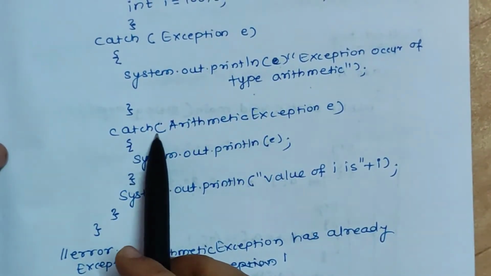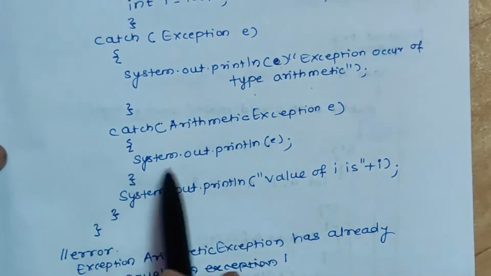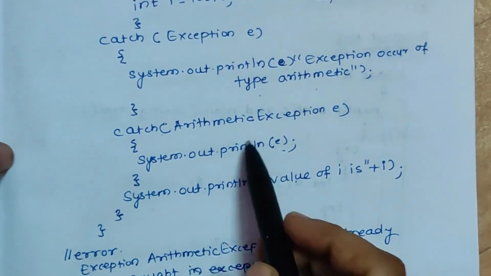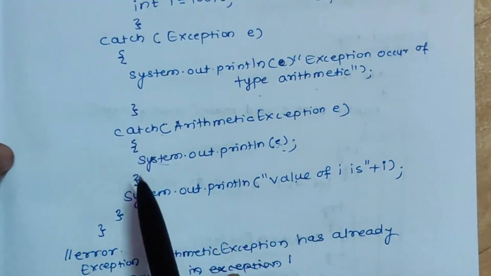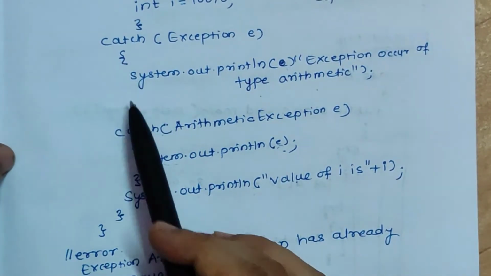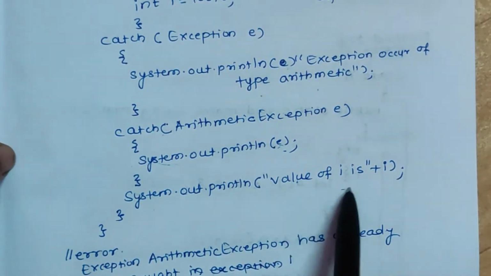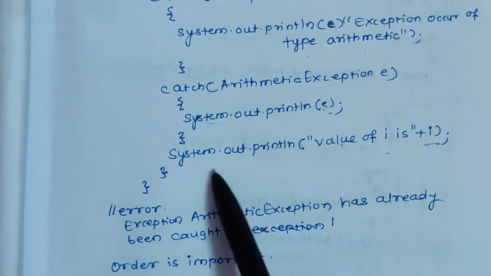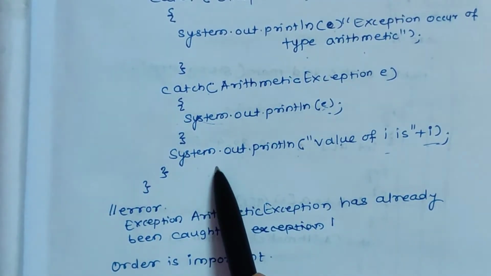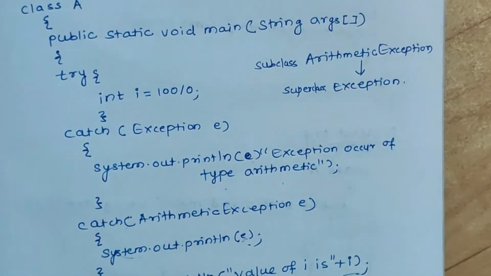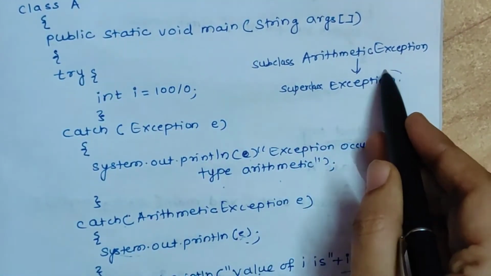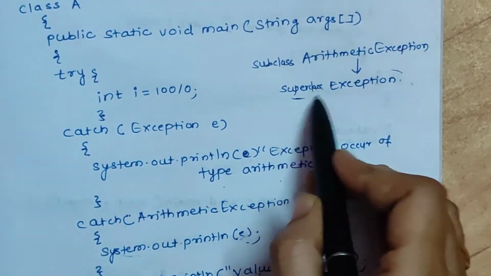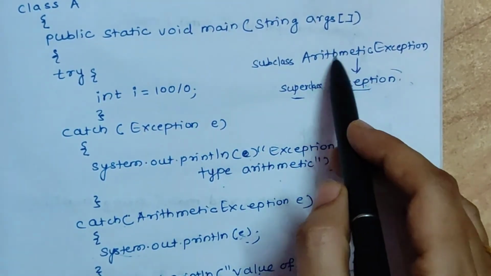Then here the next catch block is ArithmeticException e, System.out.println. Then System.out.println, here we display e, and this is an outer statement, that is it is not present in this code as well as this code, and here we are trying to display the value of i. Now if you try to execute this program it will give you an error. Why is it so? Because the hierarchy is important here. Exception class and arithmetic exception class. You can see here this is a super class. Exception class is a super class of arithmetic exception class.